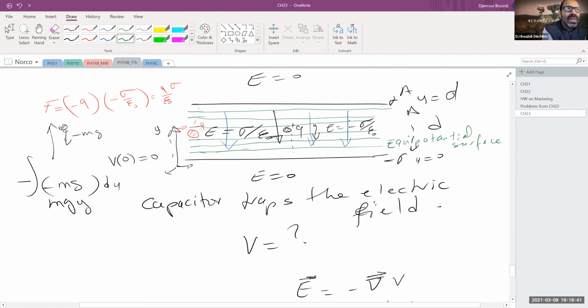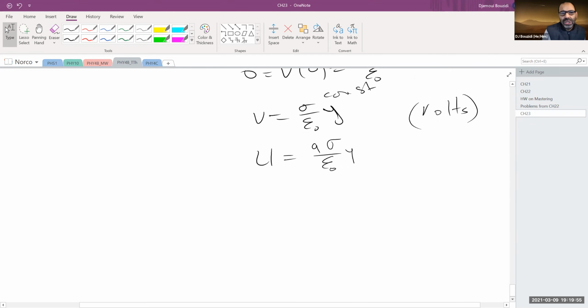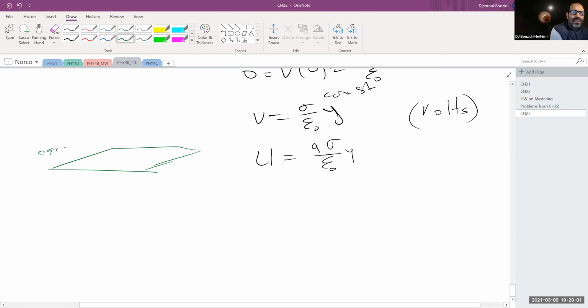You can clearly see from this region in here that the equipotential surfaces are in the x direction and z direction, whereas the electric field is in the y direction. So you can visualize this as follows. If this were an equipotential surface, this is an equipotential surface. What I mean by equipotential,